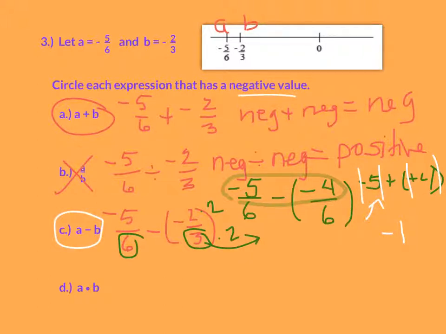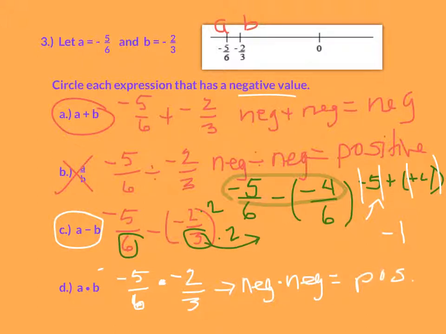Now I've got A times B. Oh, this is another pretty easy one. I've got negative 5/6 multiplied by negative 2/3. I don't even need to do this because I know a negative times a negative is always going to equal a positive. So that means this one is also not negative. Next,